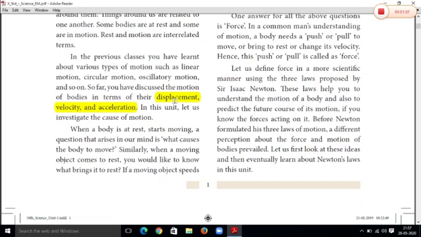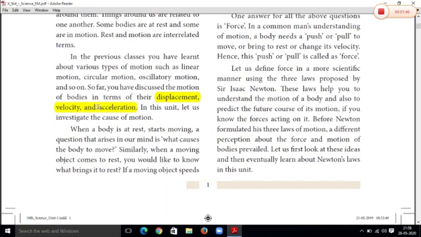Now, what is called displacement? The shortest distance between the initial position of an object and the final position of the object. The next term, velocity. Velocity is a vector quantity which indicates displacement, time and direction. So, we can say velocity is the rate of change of displacement. Example, a car driving at 75 miles per hour. Therefore, velocity is equal to displacement divided by time taken. The unit for velocity is m s^-1.